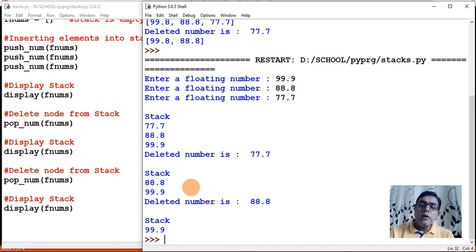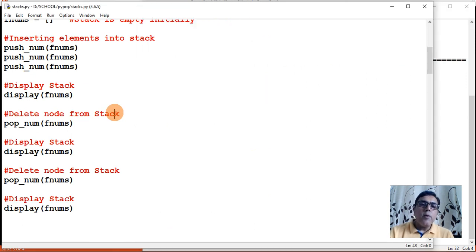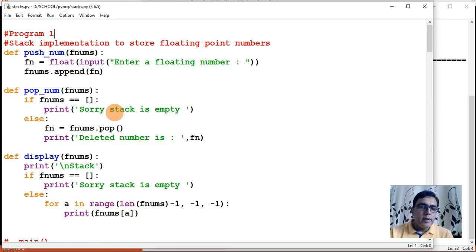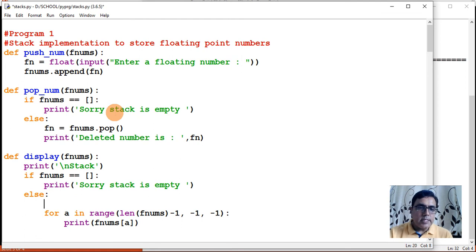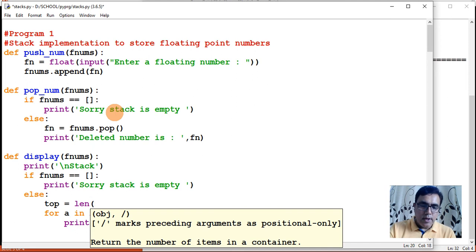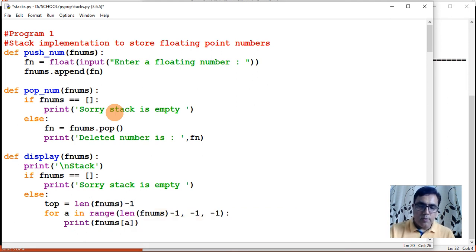Okay, one more improvisation I can do in this code, that I can display a message here that this is the topmost value. So for that I have to again change this code a bit. Here when I go in the else part, I'll say that top is equal to length of fnums minus 1.